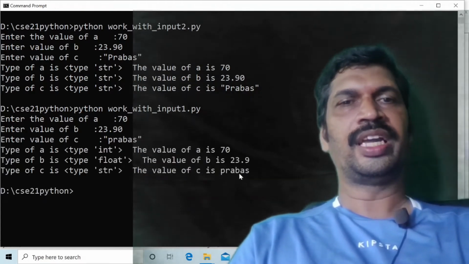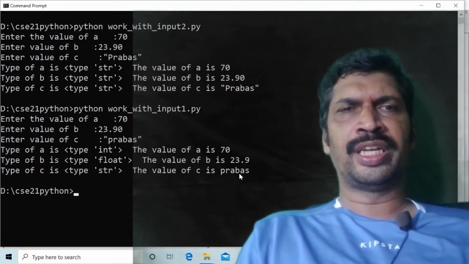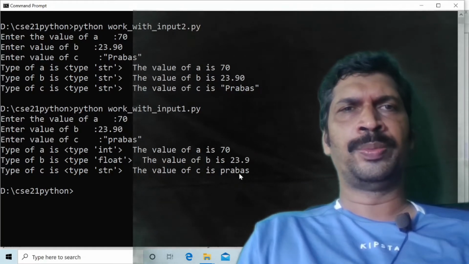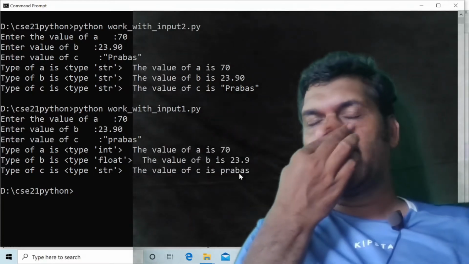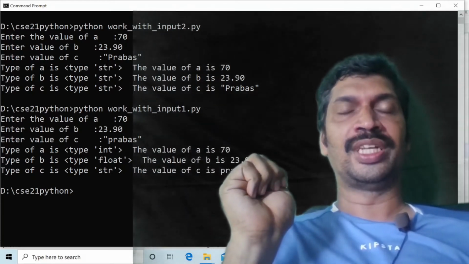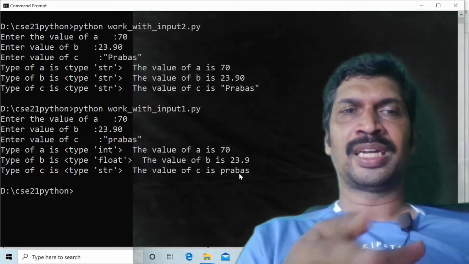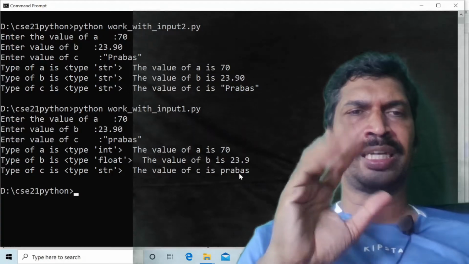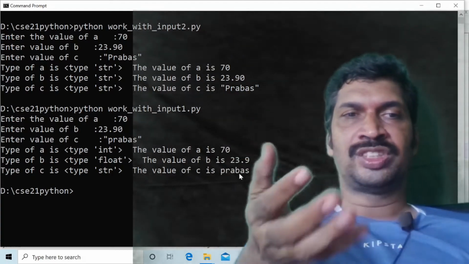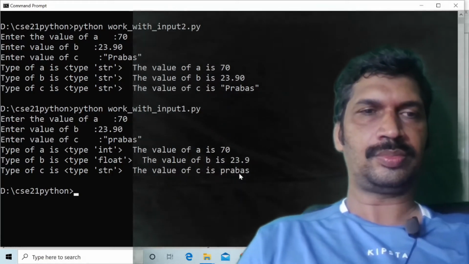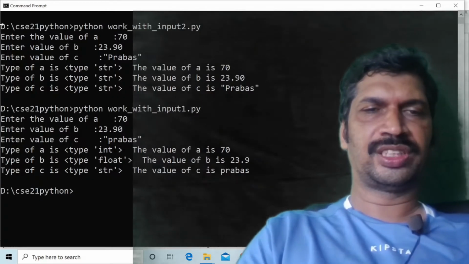Okay, here is the same program. In input1 we used the input function. In the above program, input2, we used raw input. With raw input, anything will be considered as the type string, whereas the input function considers the given type automatically and dynamically: if we give an integer it is an integer, float means float, and string means string. This is the difference between input and raw input functions in Python programming.